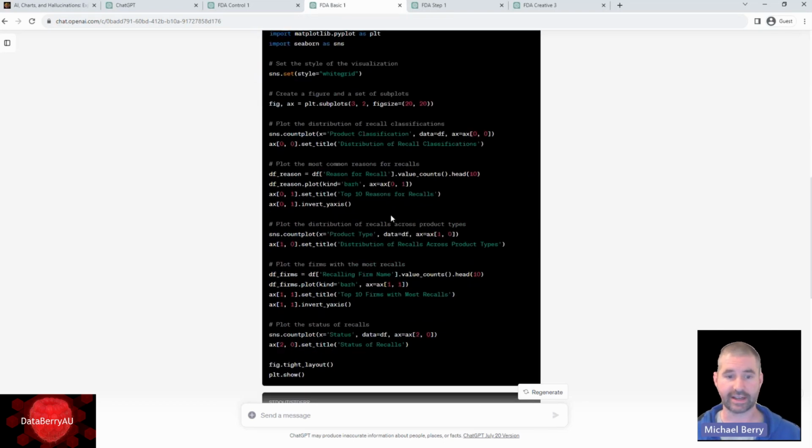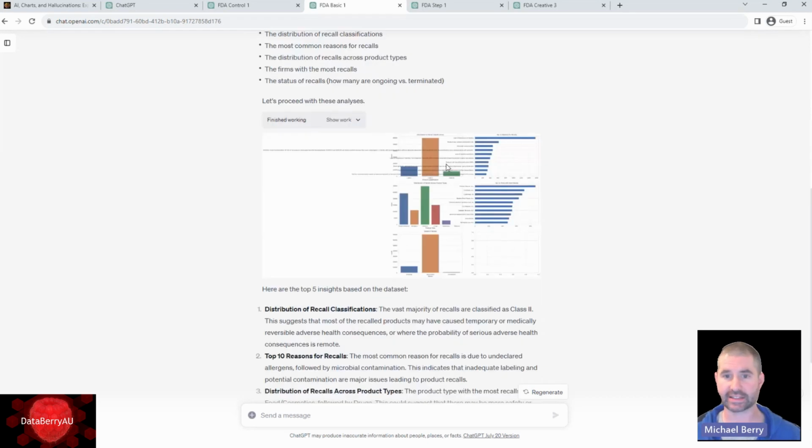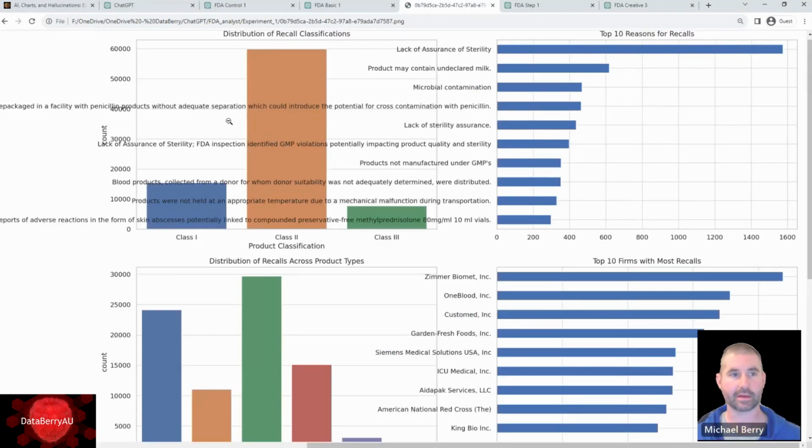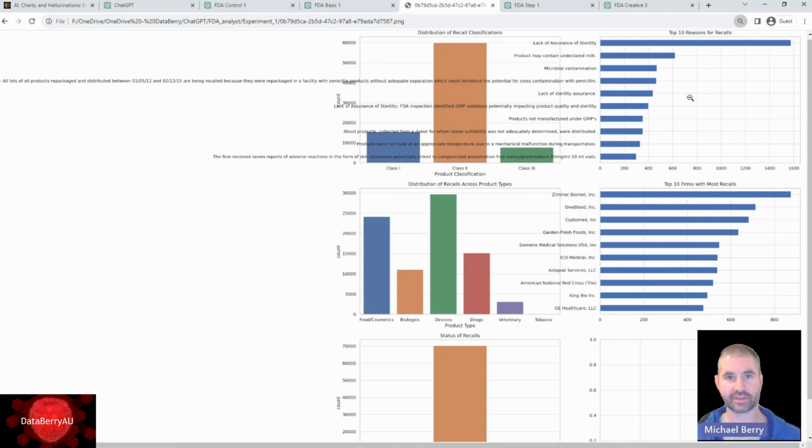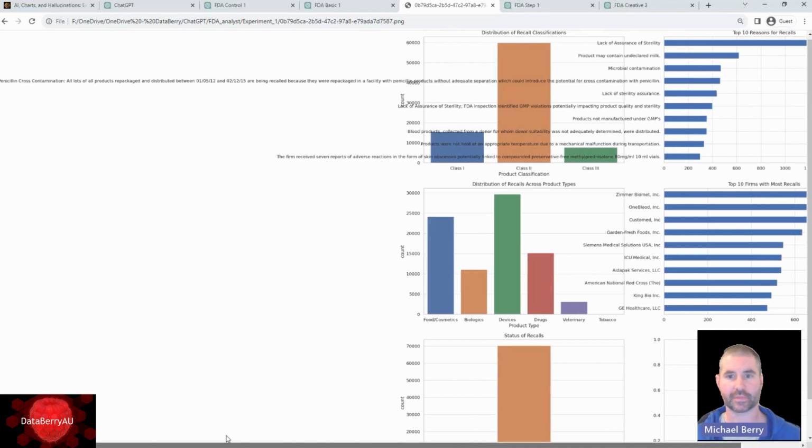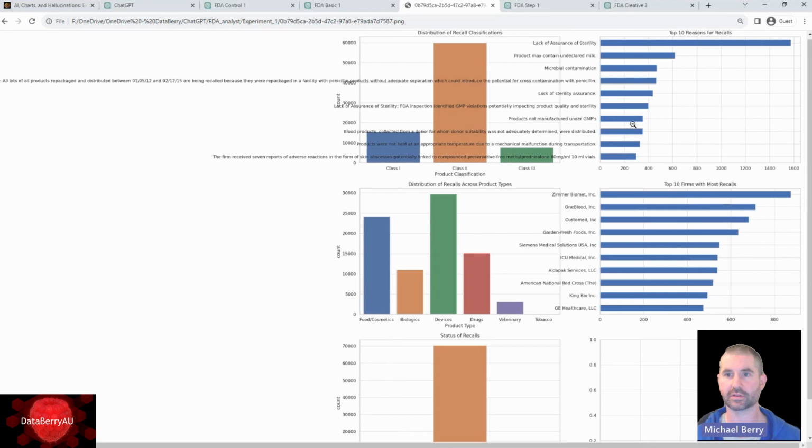It's then written all that out in Python here, and it's given us this big block of ugly chart. So here we have the chart exported. For this particular run, for some reason, it combined all of the charts into one, which makes it quite hard to see. So this is why I got such a low score for the charting. Not only did it not use any nice colors, it jammed them all together, and we ended up with this schmozzle. Although it's done some okay charting in terms of actually getting correct results and putting stuff on the page,